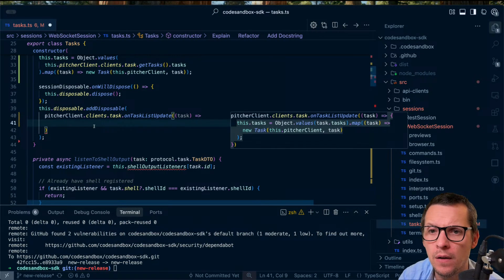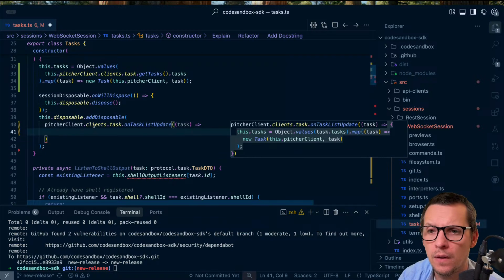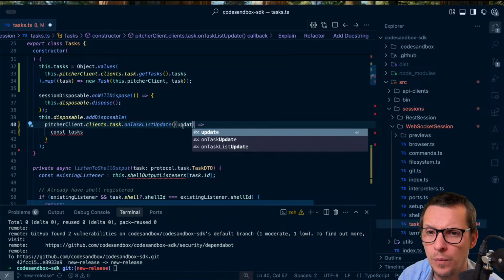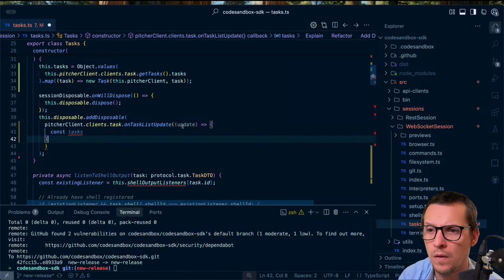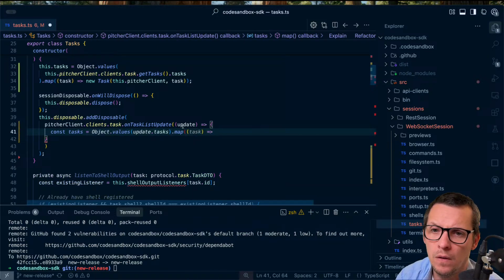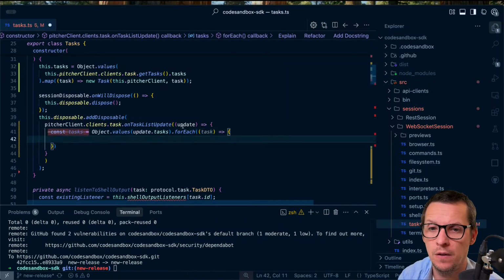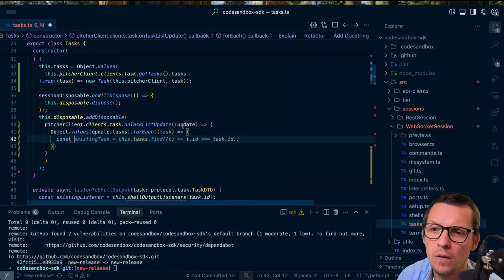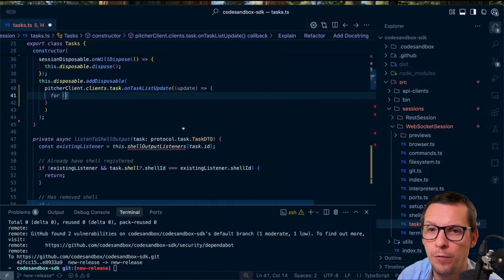So whenever the, how are we gonna do this? We need to know if it's in the list or not. Tasks. Let's just call this update. Yeah, I guess what we can do is for each task, we're gonna check if it's in the list, and if it's not, well, okay, I guess what we can do here is for